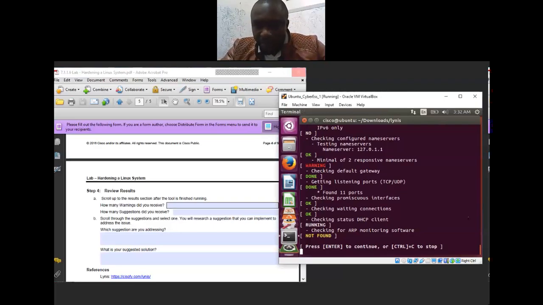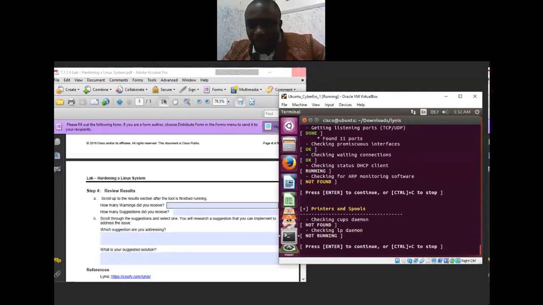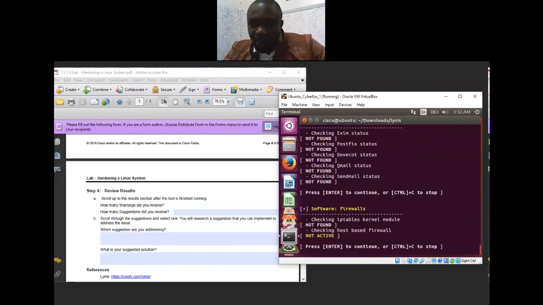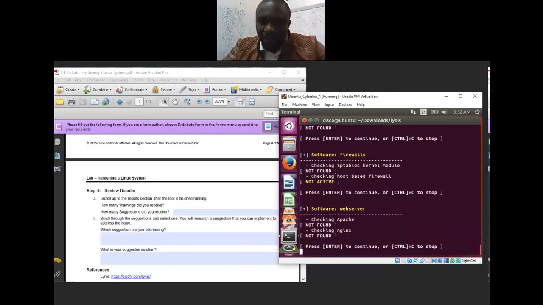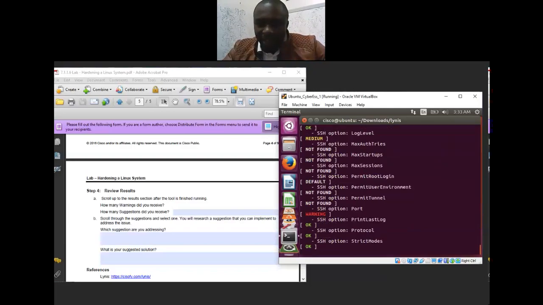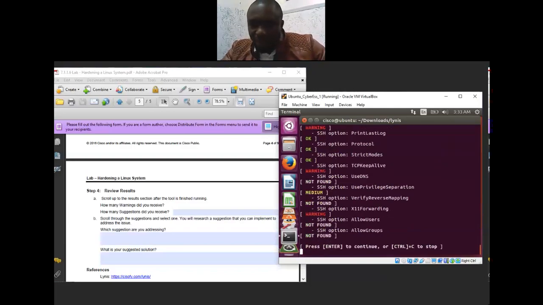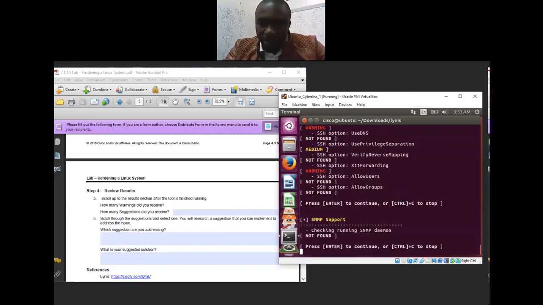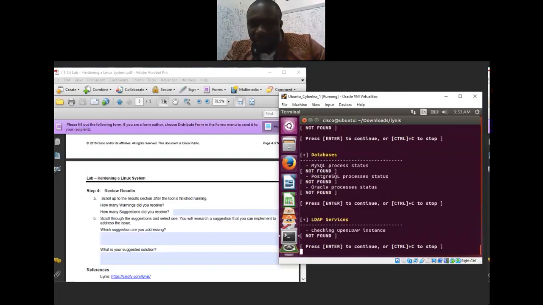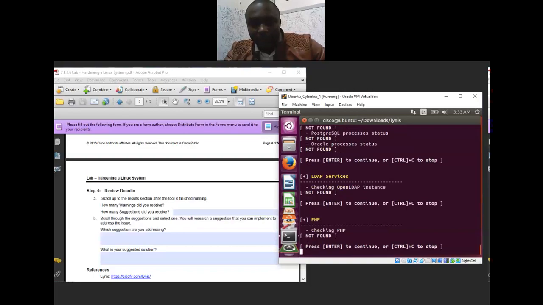All right, so we're still not done. So we press enter, filter and scroll. So checking, not found. Software email messaging. All right, so software firewall, one. Then software web servers, done. So we continue. SNMP support, all right. Databases, LDAP services. So it's doing PHP, it is doing the entire